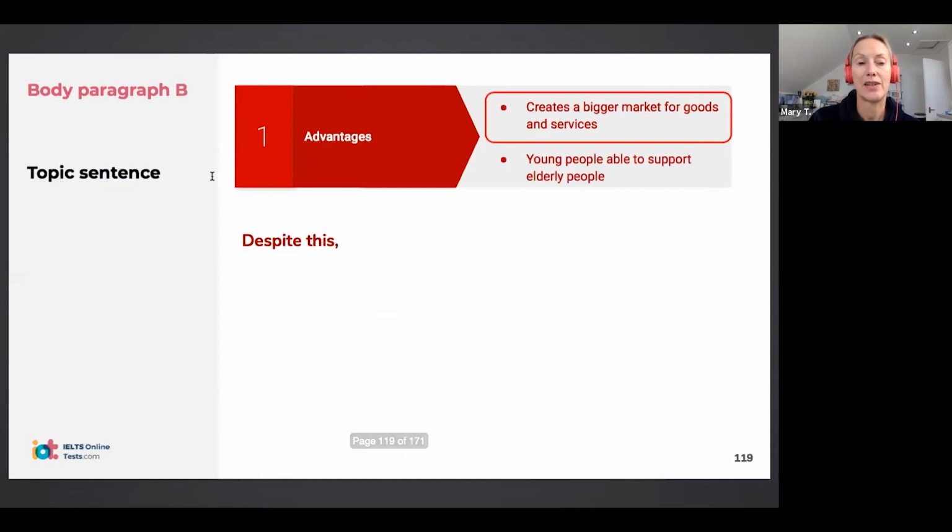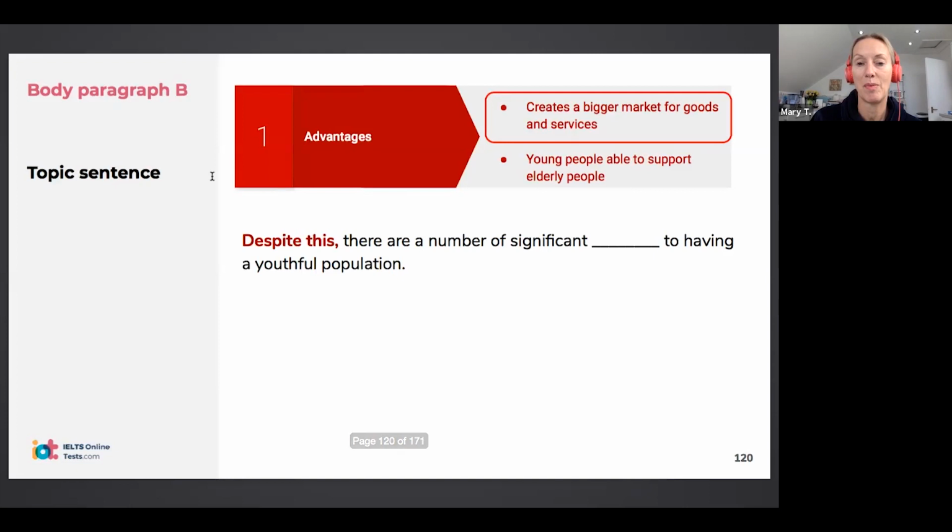Okay, so again, starting with a topic sentence. So we start with a kind of concession phrase, so despite this. So this really acknowledges the disadvantage, but then you're also connecting it with the advantage, coming back to the advantages. So despite this, there are a number of significant